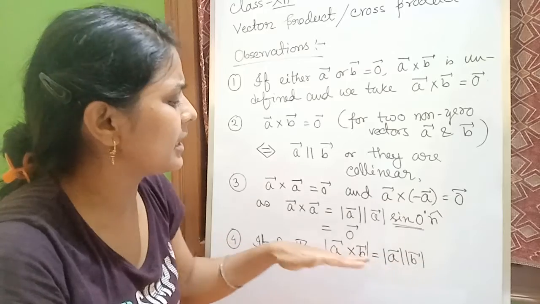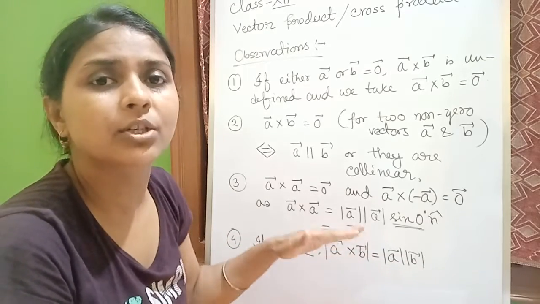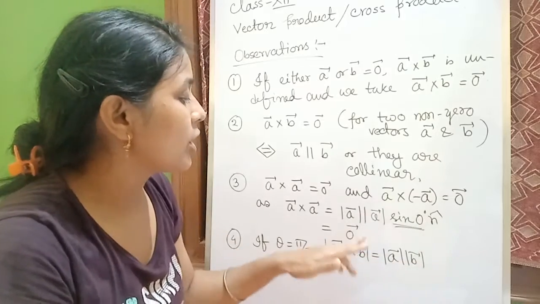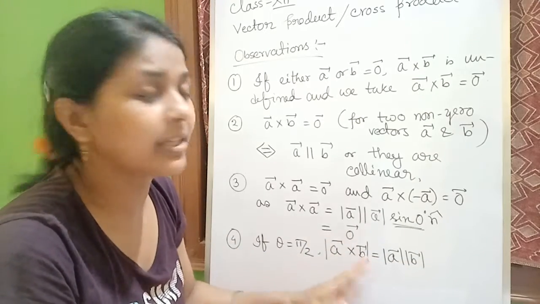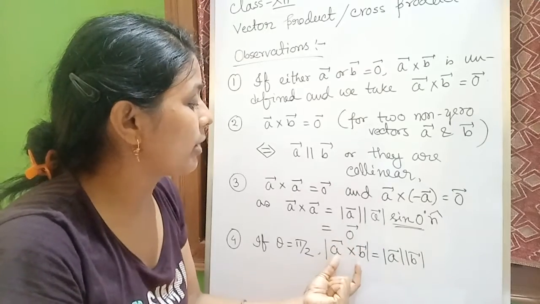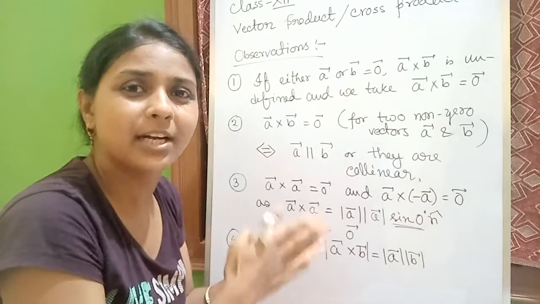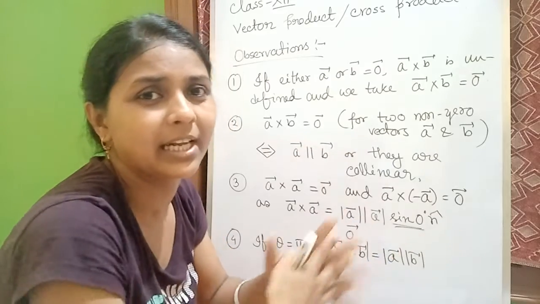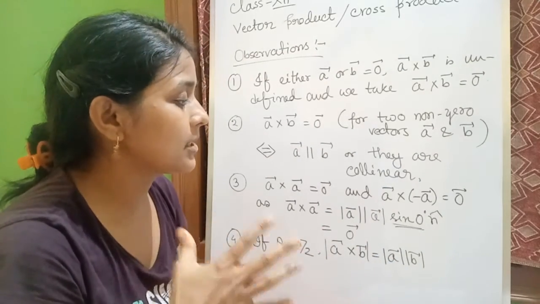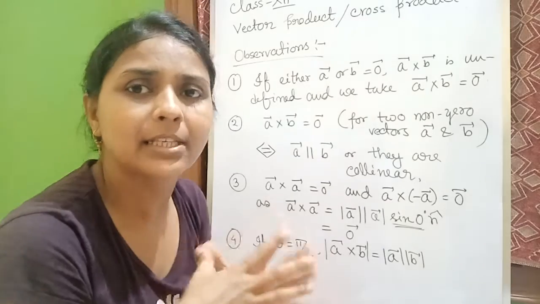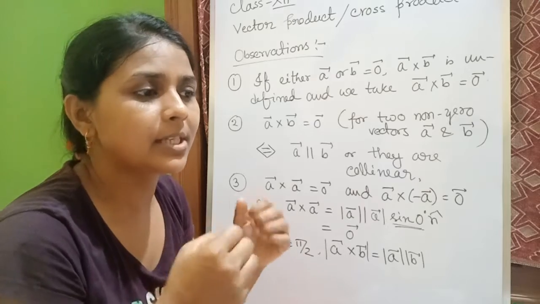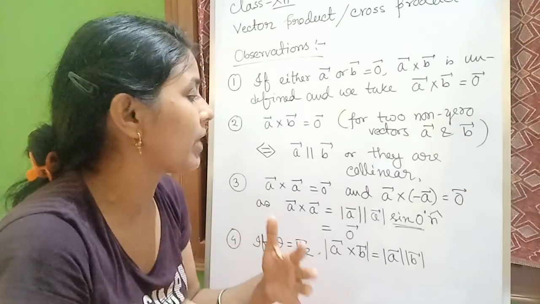So there is no importance for writing mod n, because that becomes 1. Ultimately we get modulus of A vector cross B vector equals mod of A vector into mod of B vector. Don't forget to put this modulus sign here, because the right side is a scalar. If you don't put the modulus sign, the left hand side will be a vector and the right hand side will be a scalar. That will be a mess, so you have to avoid that. Vector algebra is very simple, yet it requires a lot of concentration while you are writing it.